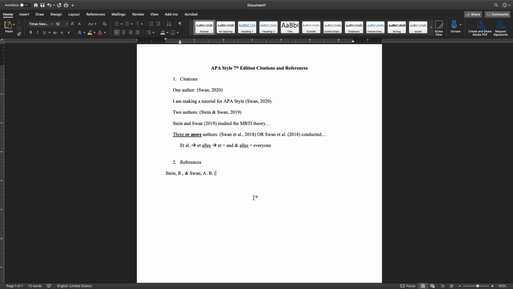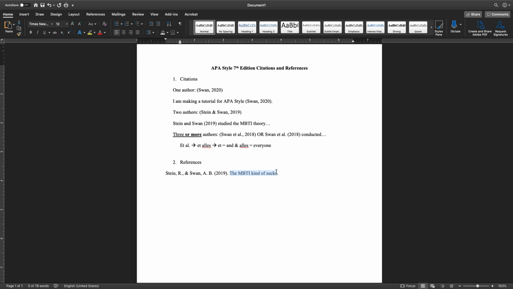Okay. The next thing that comes is the date. So this was 2019. Okay. And then we do a period. Okay. 2019, then a period. And then we have the title of the paper, the MBTI kind of sucks. That's essentially what our paper says. So that's the title that I'm going to work with in this tutorial. So that's the title. And you can see one important thing, okay? And that is it is written in